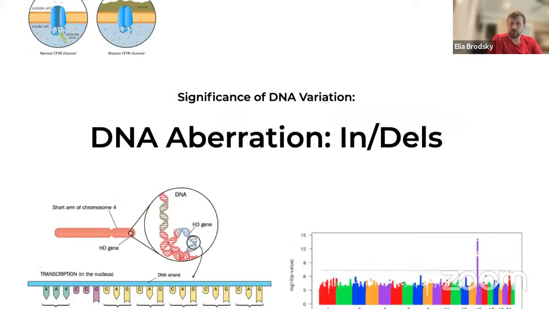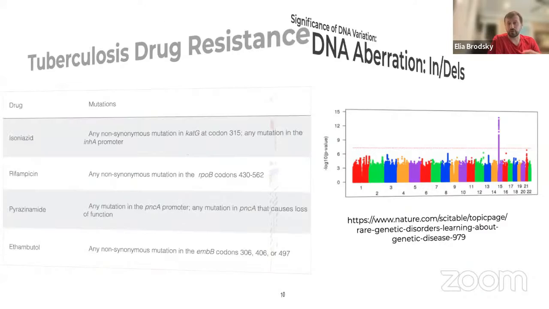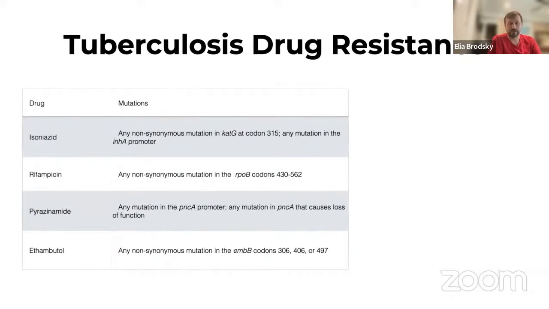And not only is this important for individual mutations, this is also important for large-scale rearrangements, like copy number variation, repeats that expand a particular region. And one way to find those variations is to perform genome-wide analyses that take thousands of samples for clear phenotypes and start understanding what are the statistically significant patterns that occur in a large proportion of the population. Such studies have led to discoveries, including tuberculosis drug resistance, which is a disease that is affecting millions of individuals